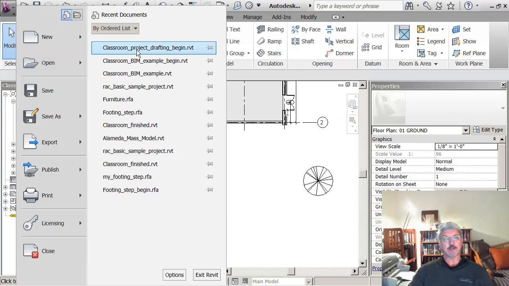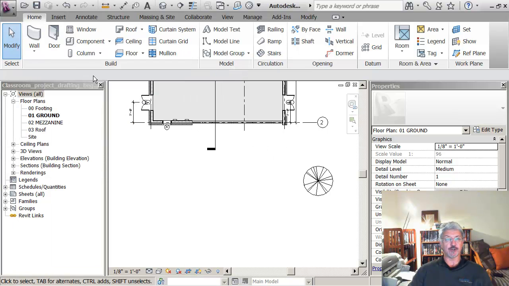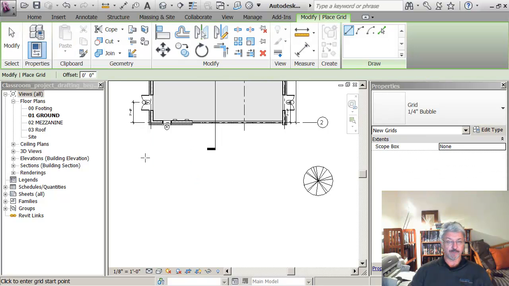I'm in the project that's called Classroom Project Drafting Begin, and what I want to show you is that I can go to the Home tab, I can go to Grid, and I'm going to go from left to right. You notice that when I move over to this side, I can see alignment with a green line, and I can also see a temporary dimension. So I could come down here until I get to a value, say 15